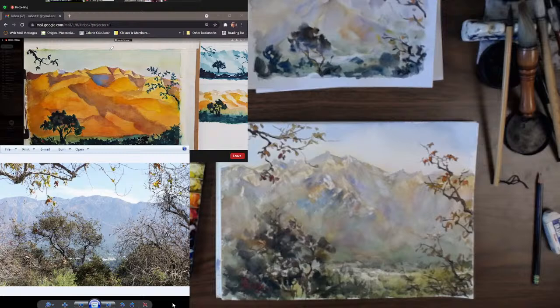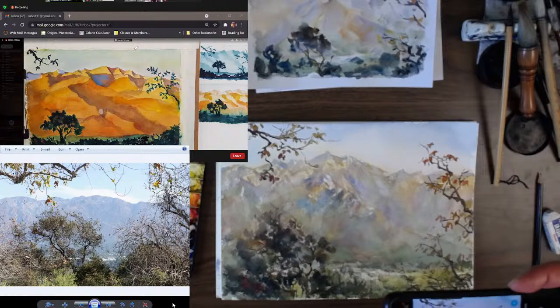Okay. I mean, I can't get the right values with this, but that's so we can keep these ones at a lighter value scale, okay. And then up here is where you want to hit a little bit more darker, maybe even some